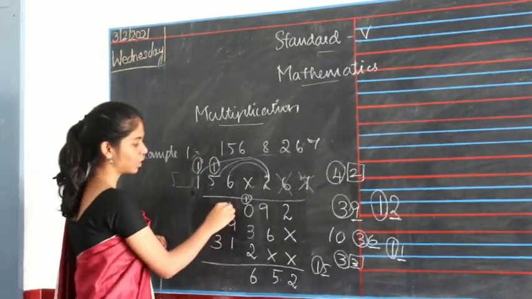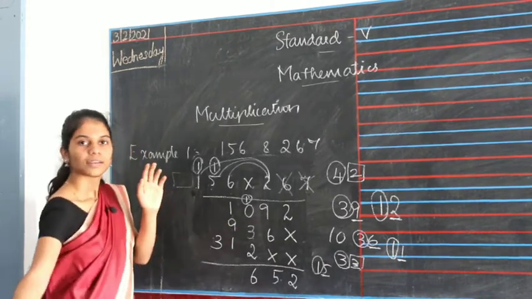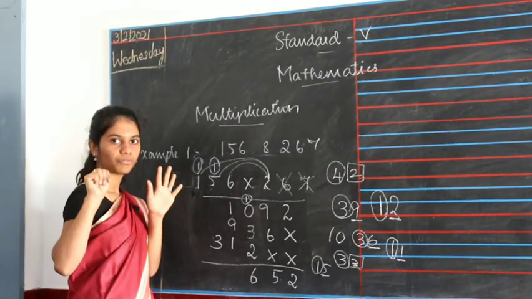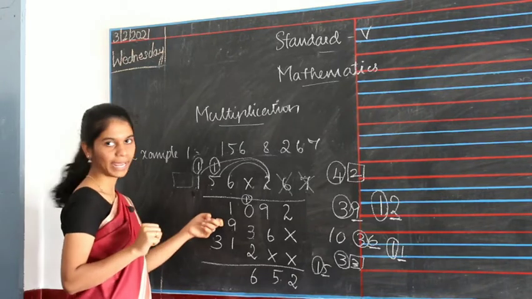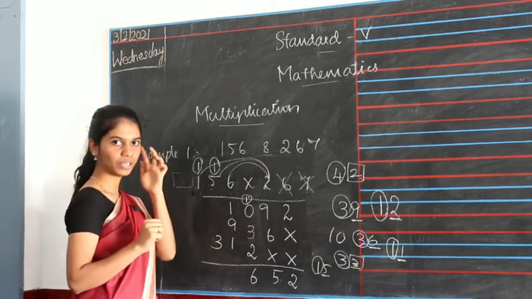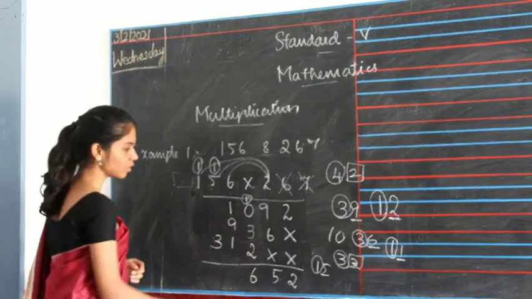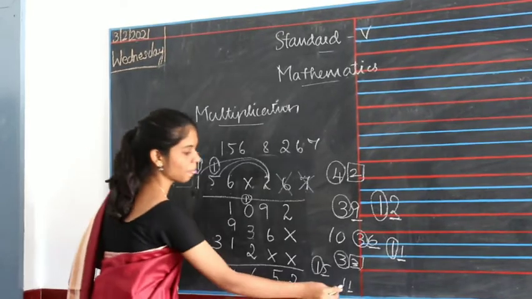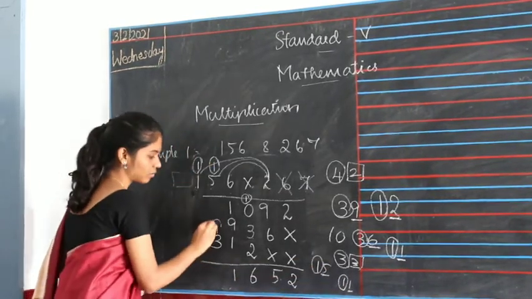Now here you have 1, 1 plus 9. 1 in your mind, 9 in your finger. 1 after 2, 3, 4, 5, 6, 7, 8, 9, 10. 10 plus 1, 10 in your mind, 1 in your finger. 10 after 11. So you got 11 here. 1 is the unit which you will write here and 1 is the carry that you will write here.